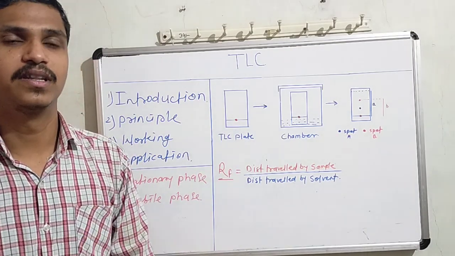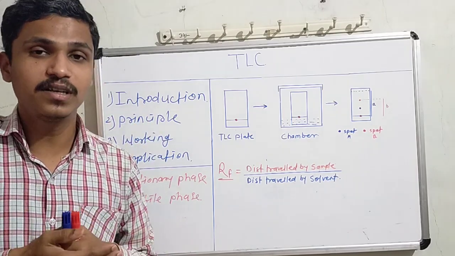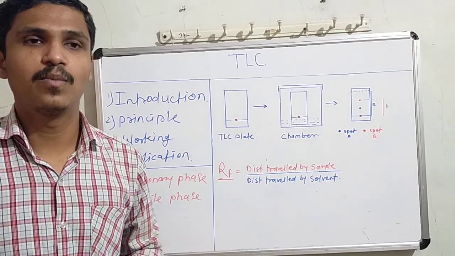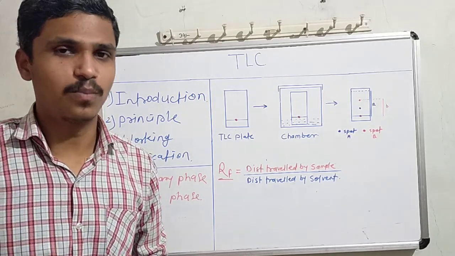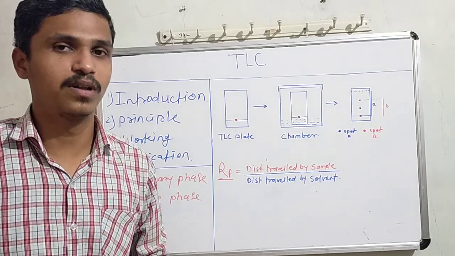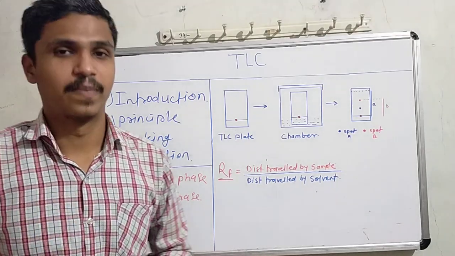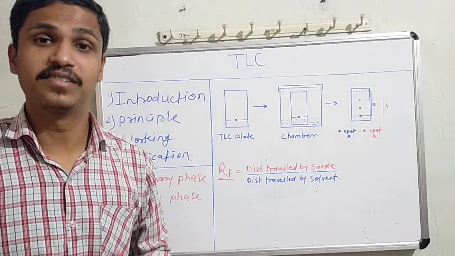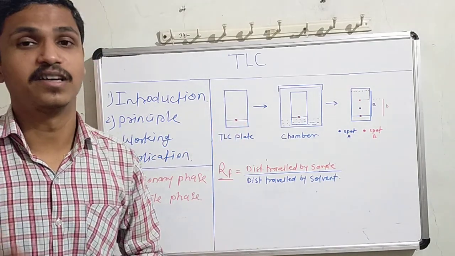In the TLC technique, we use a TLC plate, but in paper chromatography, we simply use filter paper. The problem is that in paper chromatography the thickness is very high, so the separation does not come out properly, and because of the thickness of the paper, there is a chance that the solvent is absorbed by the paper. But when we use a thin layer, the separation is proper. So in the TLC technique, TLC plates are used.